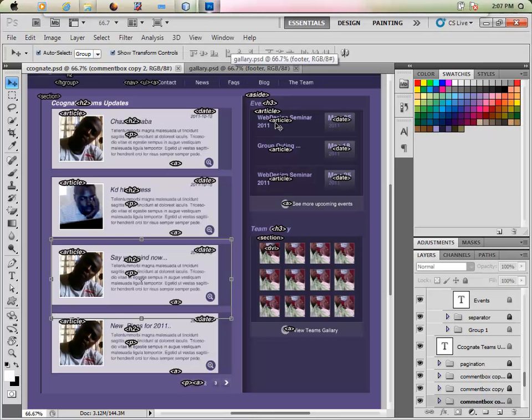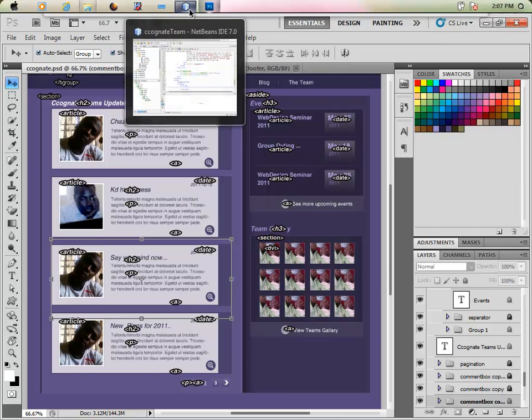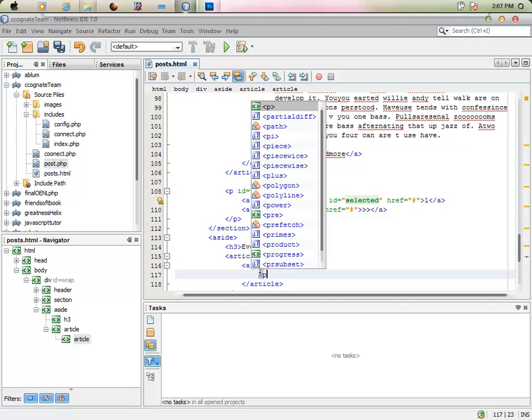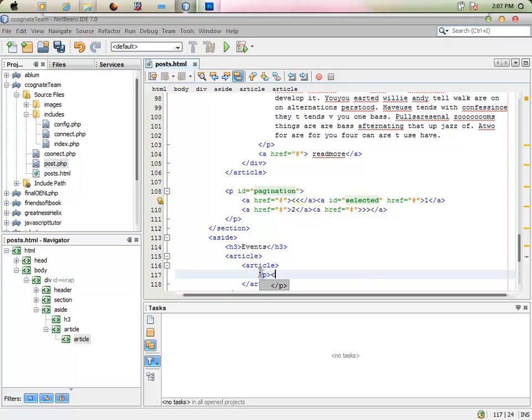We have an article as sub-content. So we're going to create that. I'll say web design seminar. I'll come here, I'll enter. I'll decide to insert the P paragraph to hold that text. And I'll say P. I'll enter